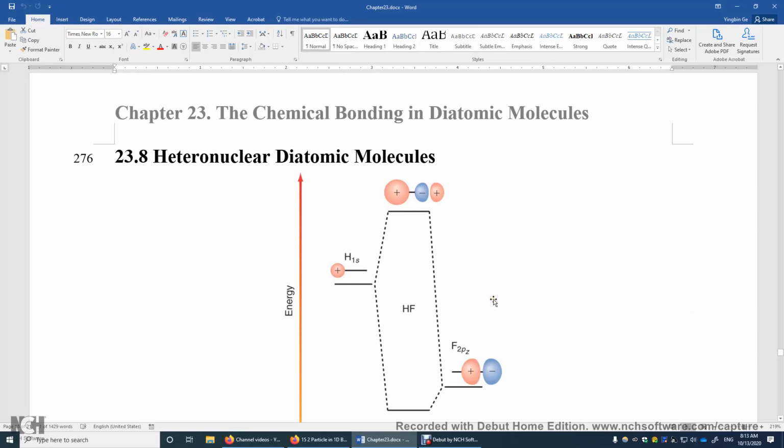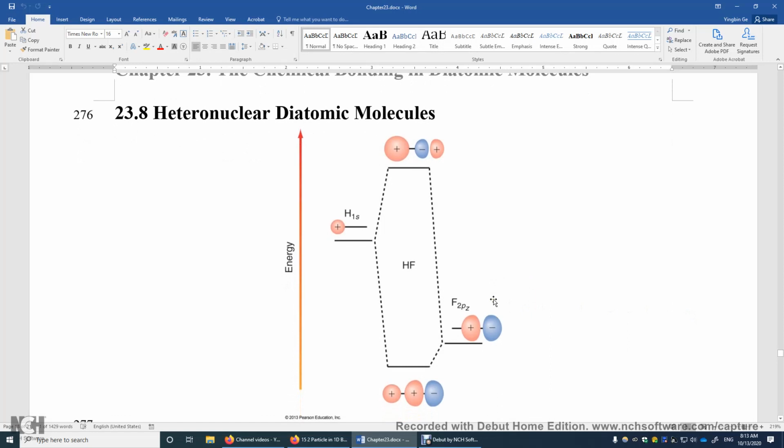Section 23.8 Heteronuclear diatomic molecules. This is the molecular orbital diagram of hydrogen fluoride. The 1s orbital of hydrogen and the 2pz orbital of fluorine may interfere with each other in a constructive manner or